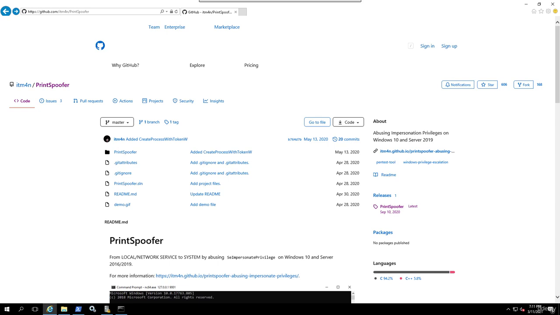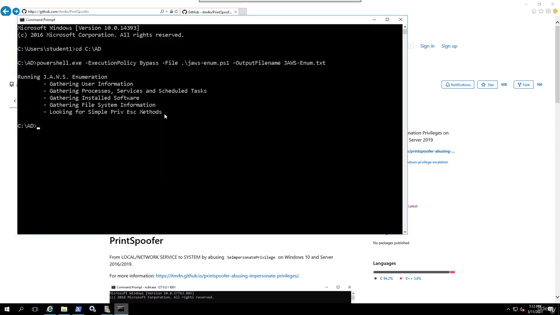And the way that you can see if you have this SeImpersonate is you can either run JAWS, which I already ran, and I'm going to show you what we found. You can run JAWS, you can run WinPEAS, you can run PowerUp, and you are going to be able to find it if you have it. And also manually, another way that you can find it, here's JAWS, I already ran JAWS, is that if you do whoami,